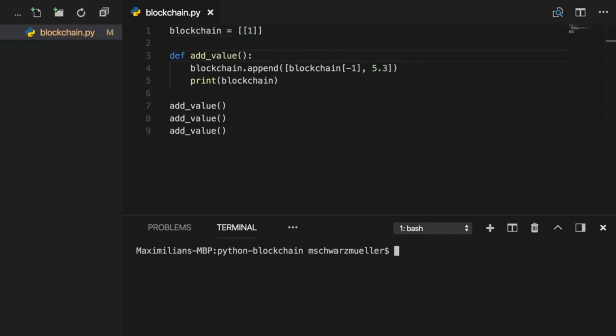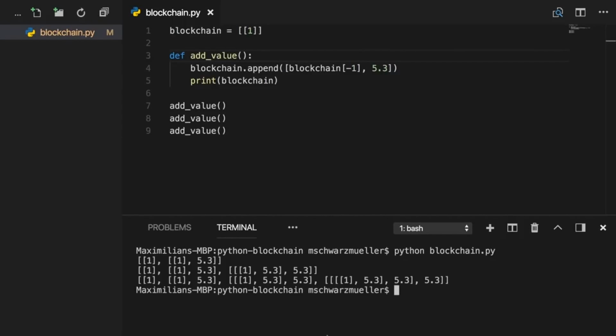Now, with that, if I clear this to make it easier to read, here we see how we now execute our code. We always add an additional level of nesting, because if we access the last element in the second add value call, we get this result because here the last element actually is this list.